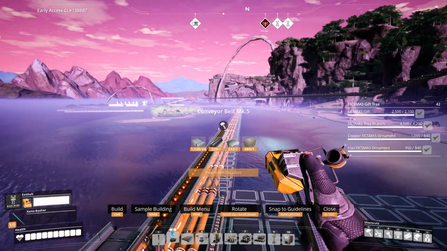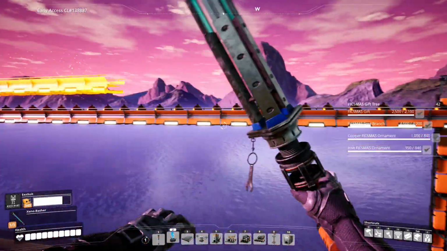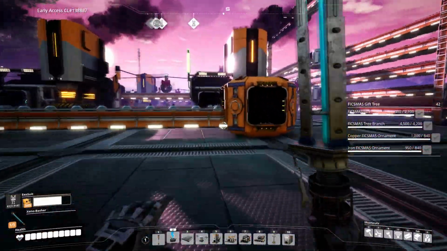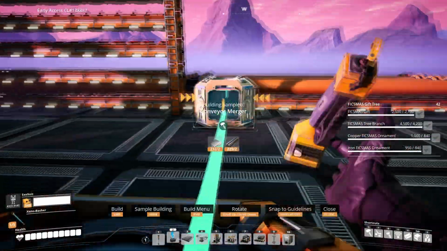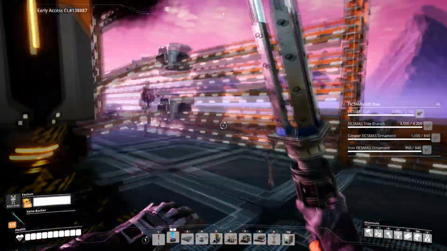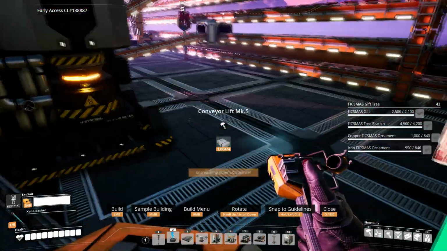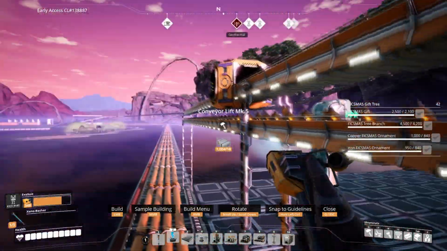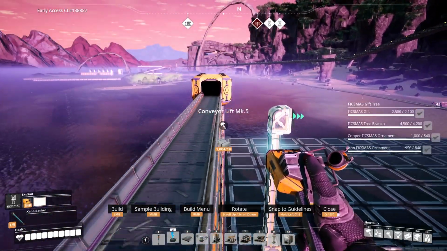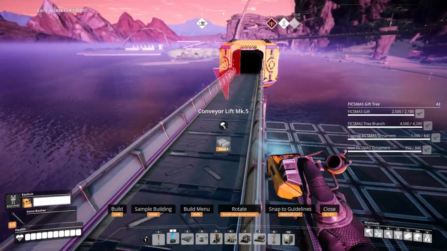So far away. Beautiful. Absolutely beautiful. And that one there. This conveyor lift. Facing in. And then we gotta fly ourselves on up. Land on the edge here so we can get a nice perspective from the side. Line it up, and